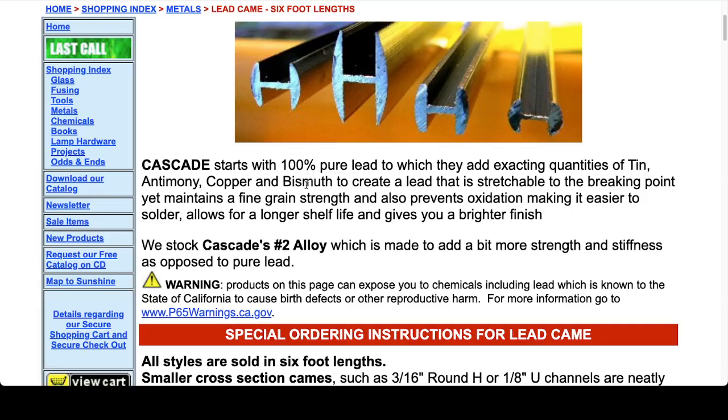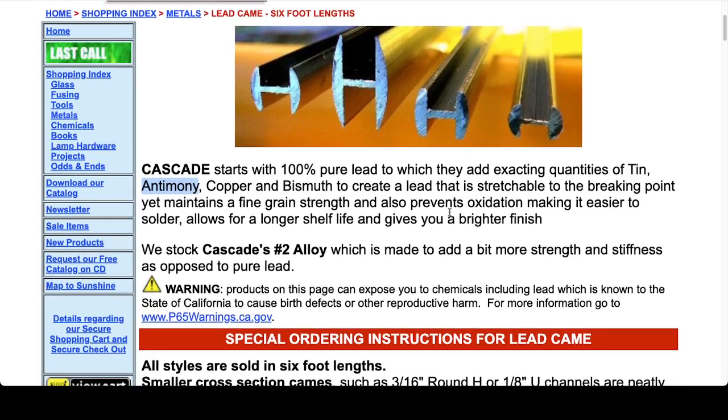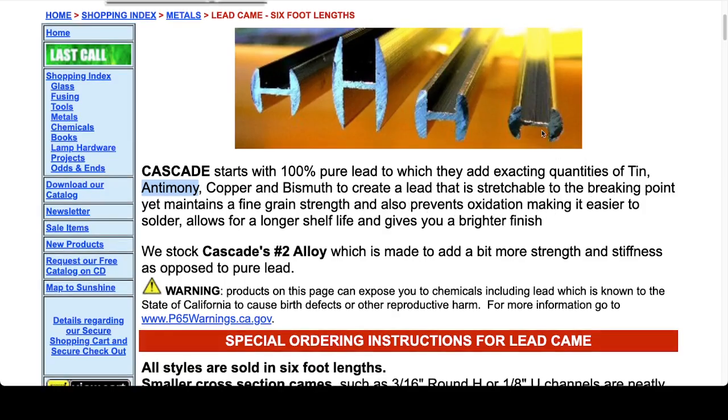That kind of keeps everything together and helps it shape better. Or it's in the process of making it, but they do mention antimony, which is the element that will stiffen the lead. All right, and they talk about the breaking point, fine grain strength, and preventing oxidation, prolonging shelf life. I'm sure that's the tin in the lead, and that's fine. As for the oxidation, you will find that the higher tensile lead will not oxidize as quick as the